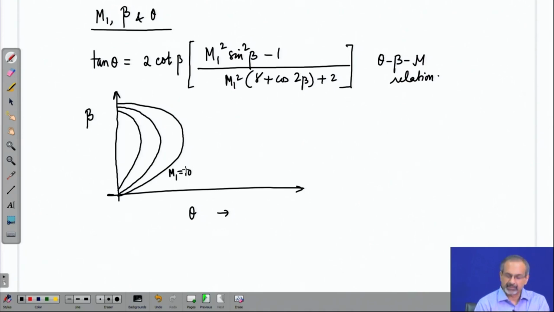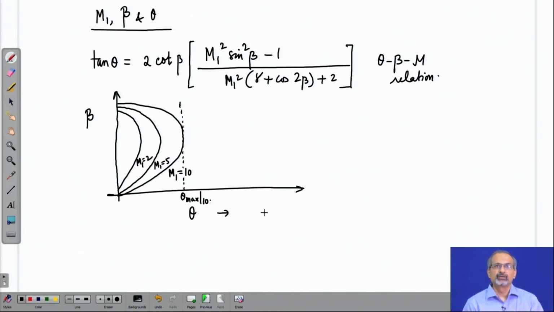Let us say this is a fairly high Mach number, say Mach 10, this is Mach 5, this is Mach 2 and so on. Then for each Mach number you have a maximum theta, we call theta max,